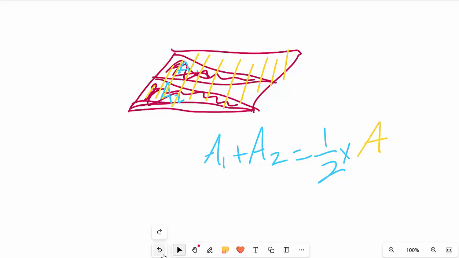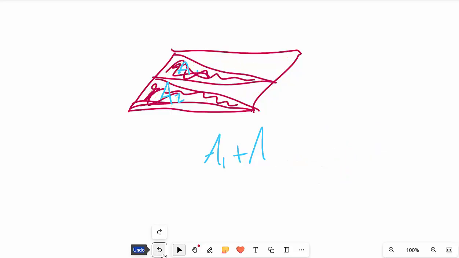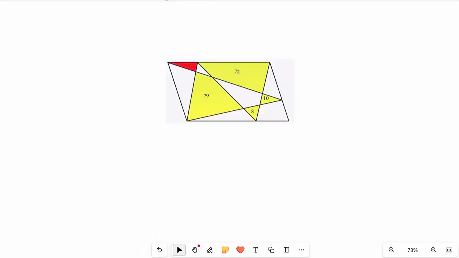Now you are ready to solve an interesting problem like this problem. Find the area of the rectangle and write it down in